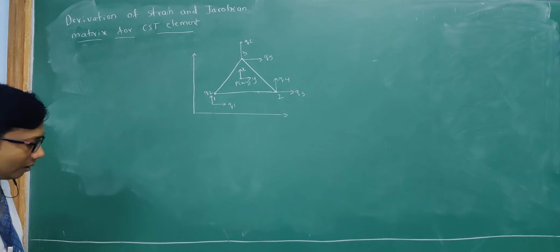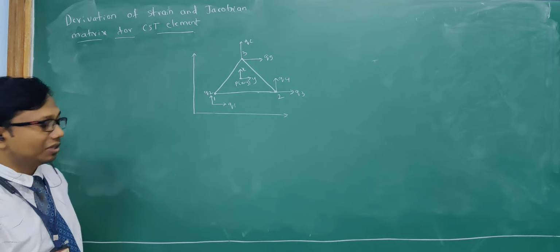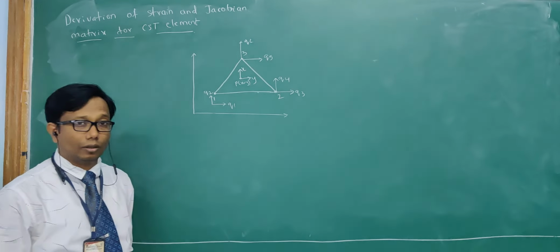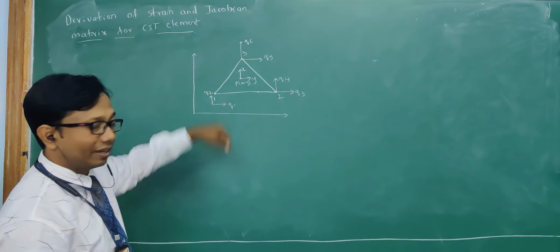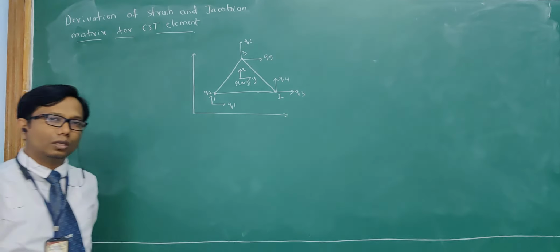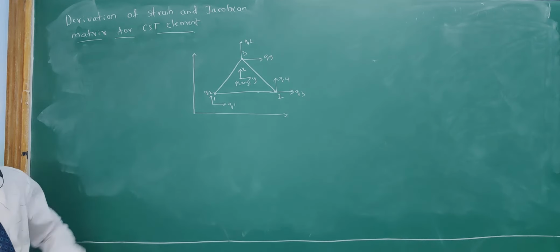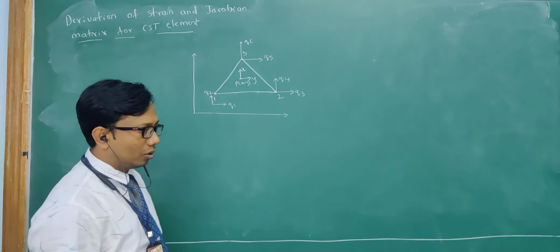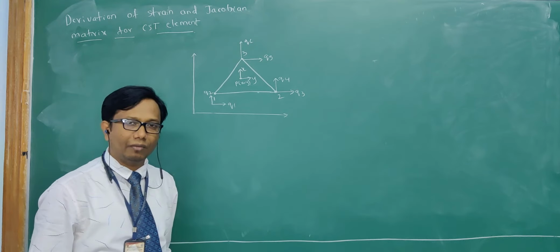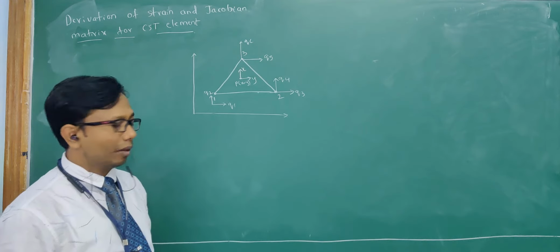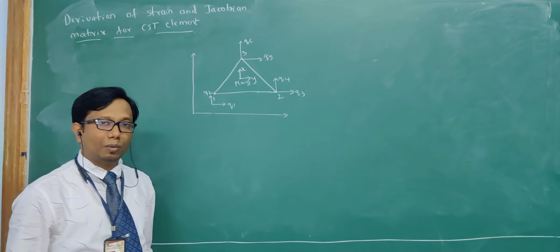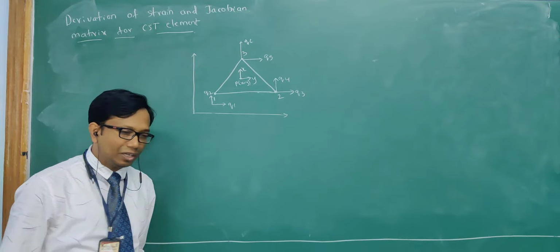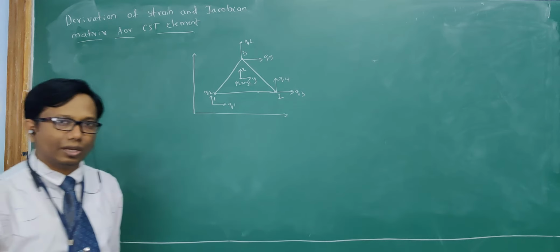As we all know, the constant strain triangle, or the CST element, can be used for 2D analysis. As the structure is in two dimensional form, we'll be using this particular element to analyze any 2D structures. This is always used for a material which has a minimum thickness compared to the length and width. Because of that, this element will be very useful there. That particular condition we call a plane stress and plane strain condition.